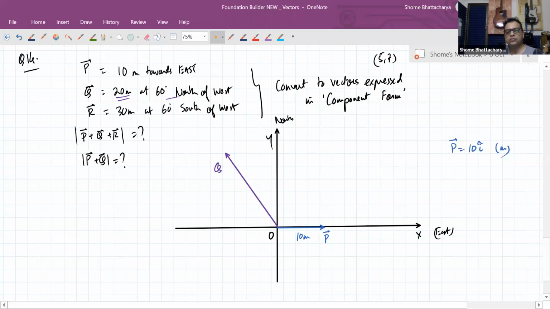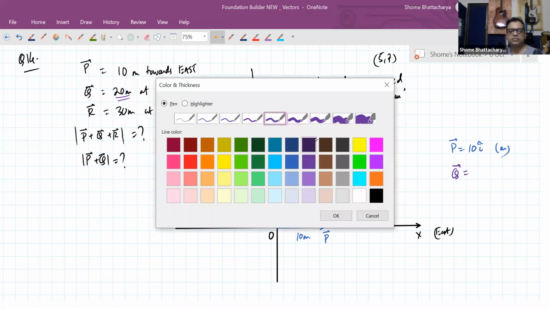q will be like this. This angle would be 60. Okay, and this is 20 meters. So now I want you to write q also in component form. It will be something into i cap plus something into j cap. So write that out. And similarly, the vector